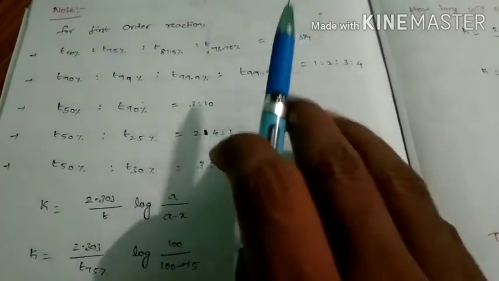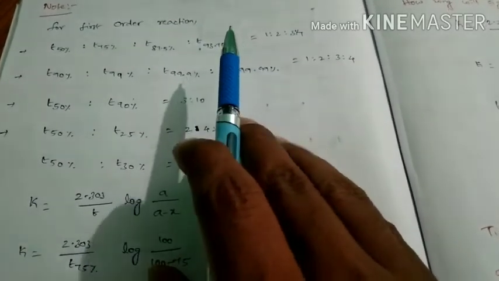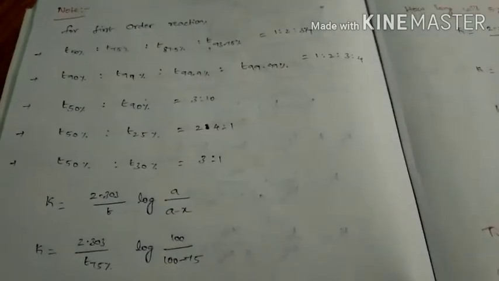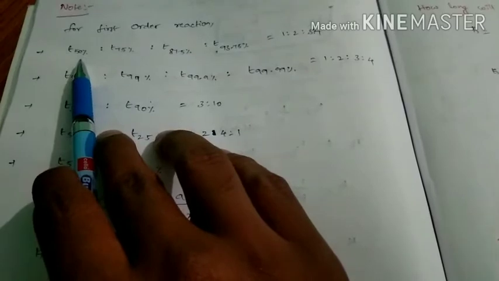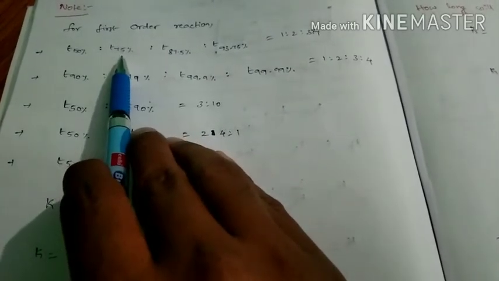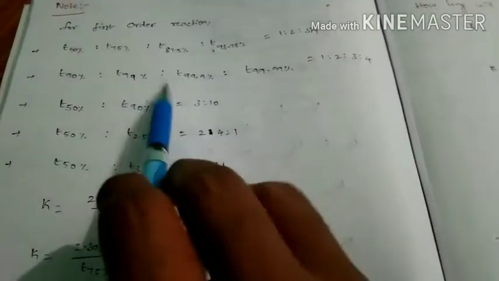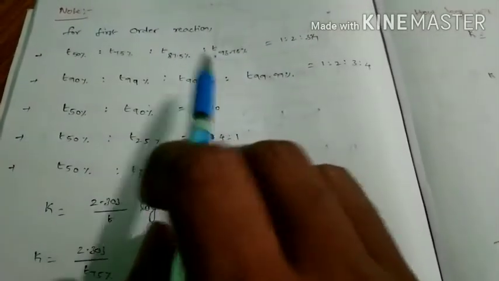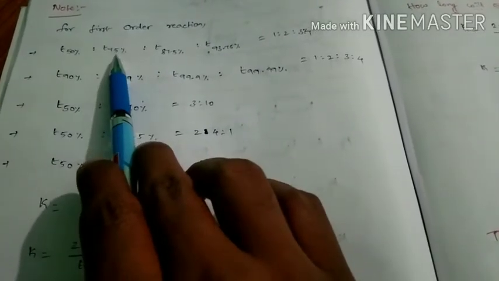Mostly we usually face problems from first order at competitive level, but at CBSE level we will face problems from first order as well as zero order. So all these relations regarding competitive level, better to remember all these relations. Here I will show one proof. That means I will show how the time required for 50% of the reaction is to that for 75% of the reaction is equal to 1:2. I will show the proof for these two, because a proof exists for everything, but here we cannot show the proof for all the things. I will show one proof regarding this one. That means time required for 50% reaction is to time required for 75% is equal to 1:2.